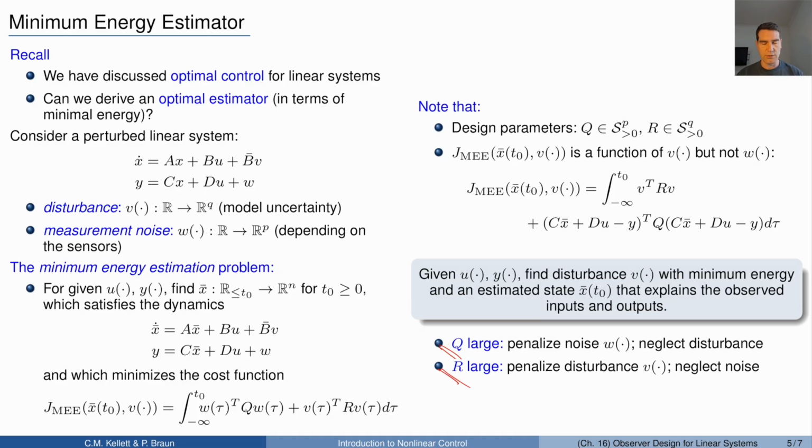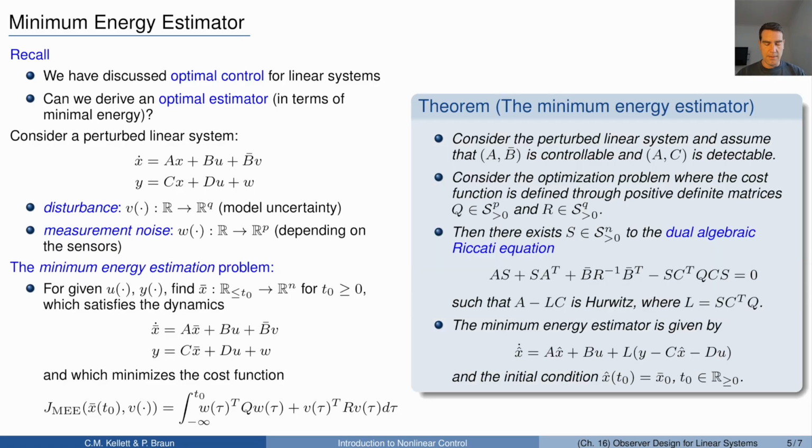So the choice here should depend on how much we trust the actuators, how much we trust the model versus how much we trust the sensors that we have at hand. With these definitions, a corresponding result that can be shown is that if we have a system that is controllable and detectable, here controllable with respect to this matrix B bar, and if we look at the underlying optimization problem, so minimizing the cost function subject to the linear dynamics,